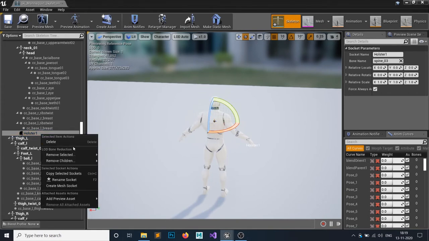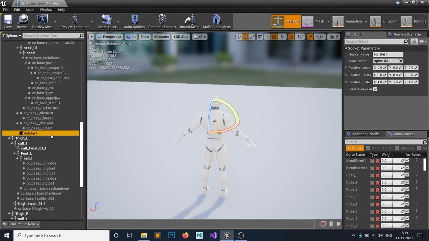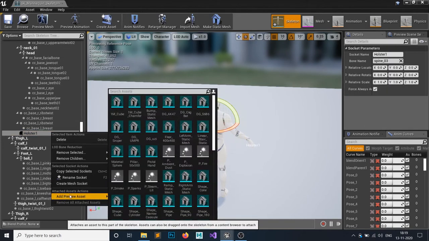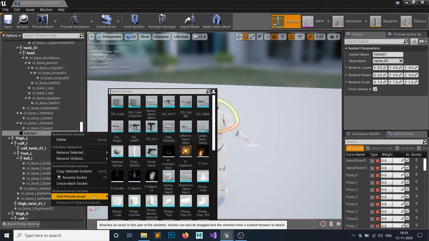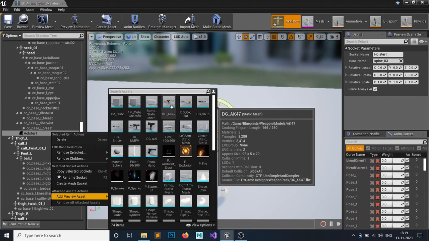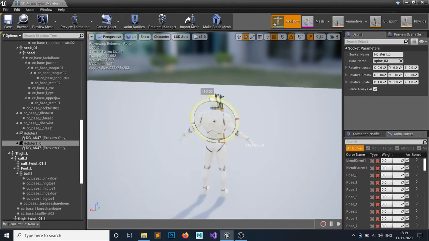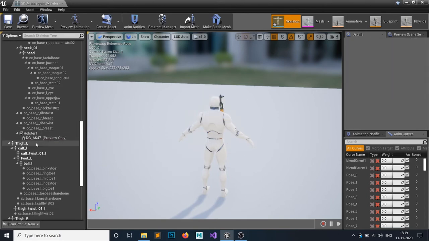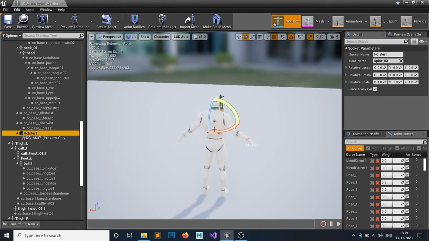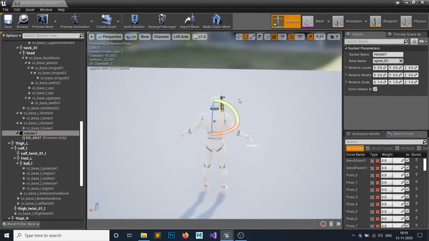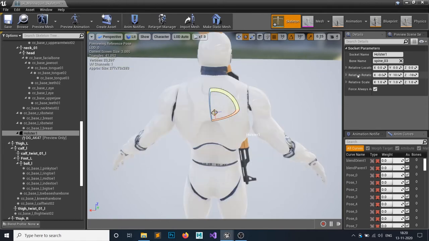And let's set some value so that we can see it. Click on this holster and you can see, right click to add a preview asset. This is just a preview only, nothing else. So if you see, I can set my guns however I want. Whoops, I don't need a second holster, I only need one holster, and as you can see, this is my preview mesh. These guns don't look so good, so let me set it. Rotate it, don't scale it, you just rotate and translate it. Make sure the relative scale is 1, 1, 1, though you can change this too.